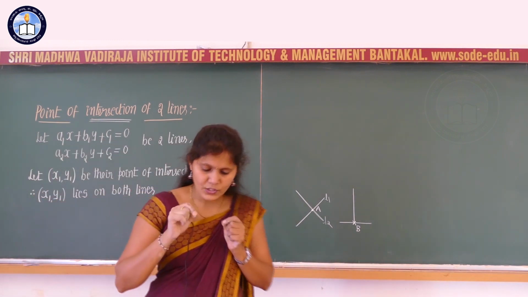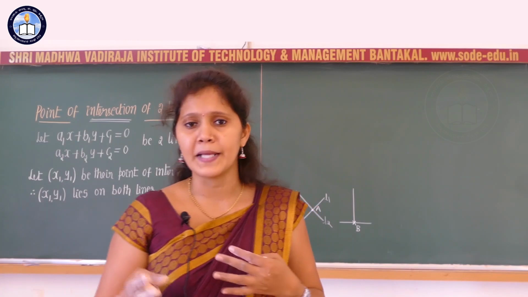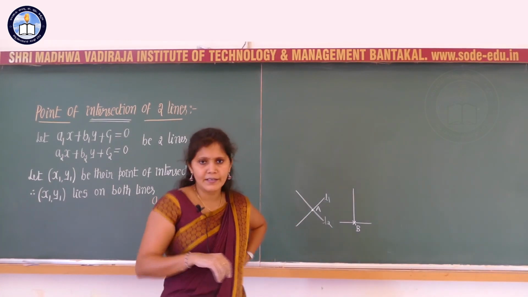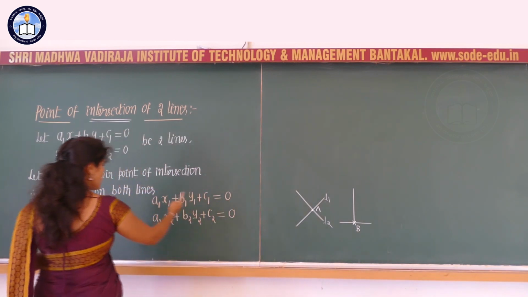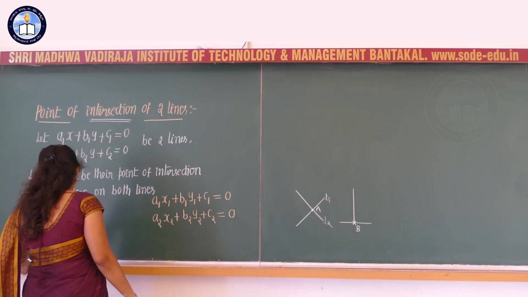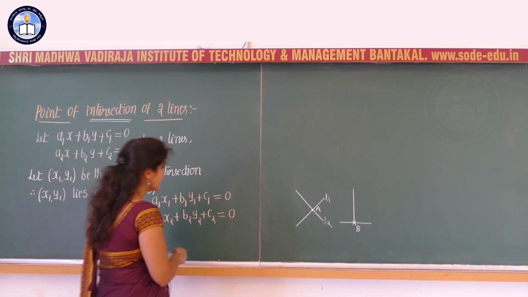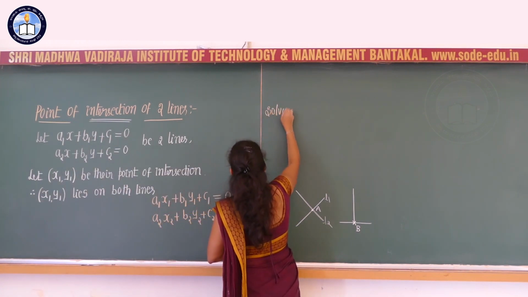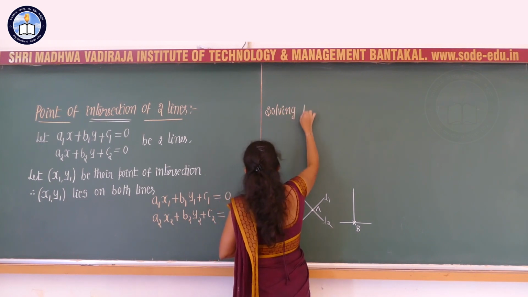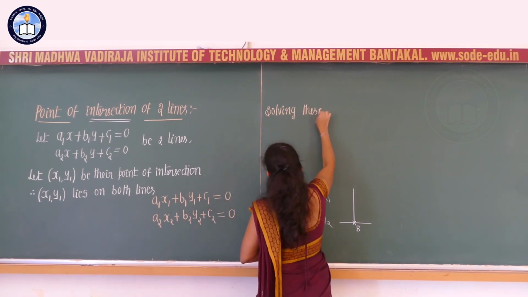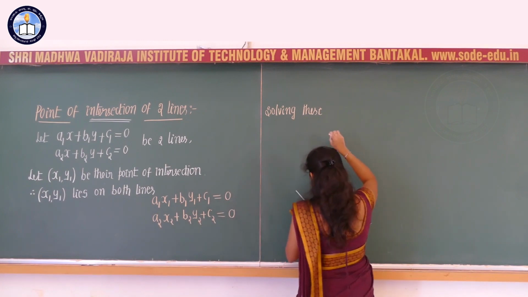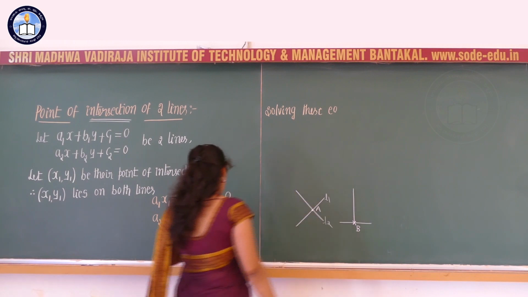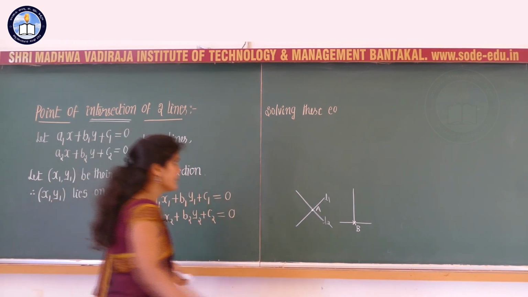The point of intersection is x1, y1, so we are replacing the values of x by x1 and y by y1. So now how to get expressions for x1 and y1? That is by solving the simultaneous equations. These are the two linear simultaneous equations. Solving these simultaneous equations by